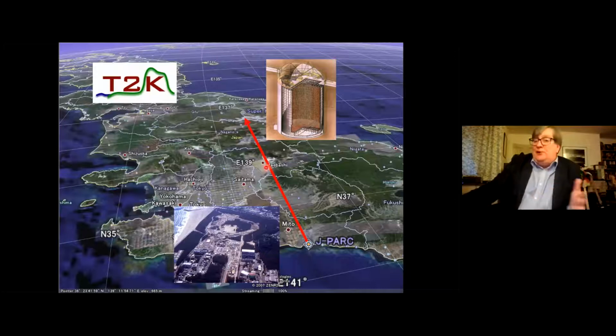Now, originally, that was our main intent because it enabled us to look for the third kind of neutrino oscillation. When we started this, only two kinds had been seen. The third kind had not been seen. So originally, we built it just to do that. But